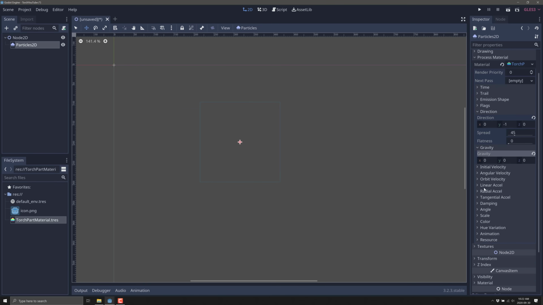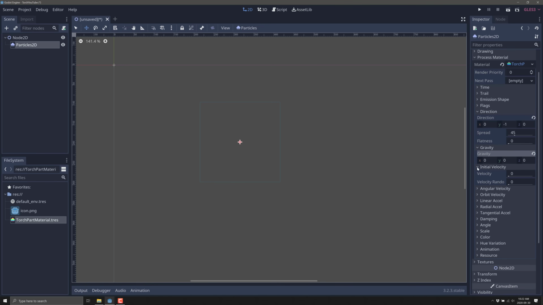So now what we need to do is actually make the particles speed. So we'll do it with the initial velocity of the particles, and we'll start that off at, say, 50. And there you're going to see we've got a nice spread of particles going up. Probably want to go a little bit higher than that. So let's go ahead and make that 70. All right, so there you see now, one of the things you may not like here is, in the case of a torch, we have a whole lot of spread going on right there. And that's actually controlled over here in direction under spread. Let's make that more like 8% spread or 8 degrees of spread. And now you can see we are much more torchy in our approach.